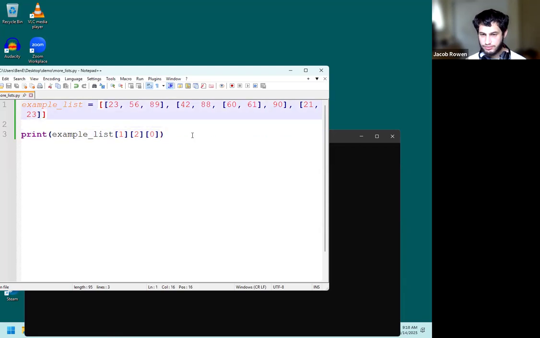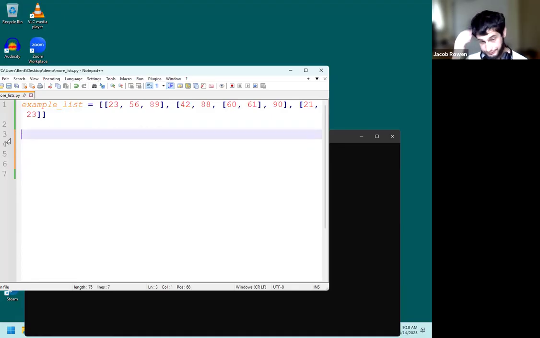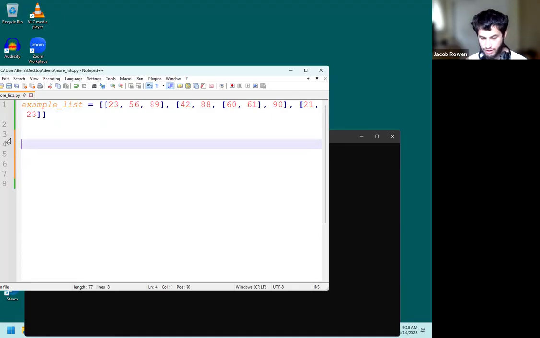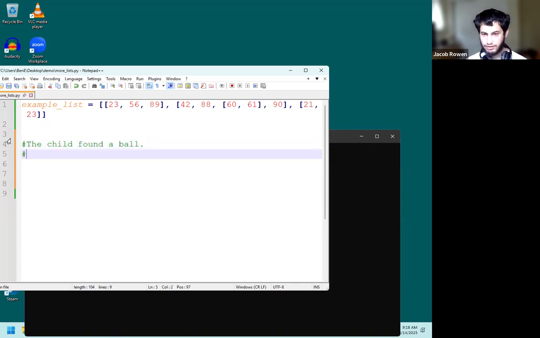So if I were to, right after this, well, I'll get rid of this print statement. Let's say I wanted a basic syntactic analysis of a sentence like, I don't know, the child found a ball. Then, very briefly, right, we'd have something like, and I'm gonna,